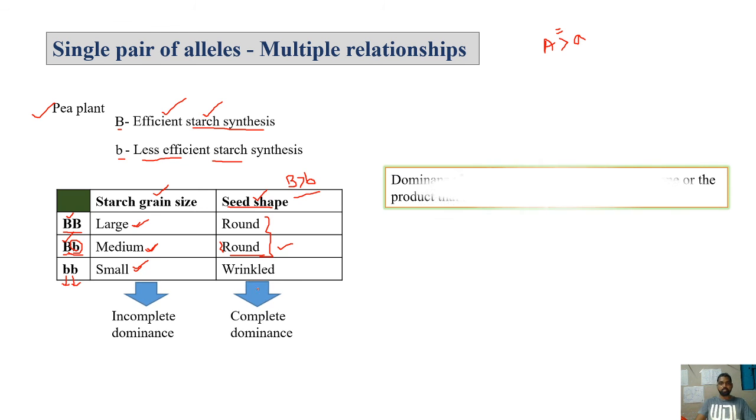So the conclusion is that dominance is not an autonomous feature of the gene or the product that it has information for. It is not simply based on the gene. By seeing the gene, you cannot tell that this one is dominant over the other, or that this is codominant or intermediate dominance, or even simply based on the product that it generates you cannot tell the dominance. It actually depends on which phenotype exactly you are considering in a particular case. So it may change depending on the phenotype.